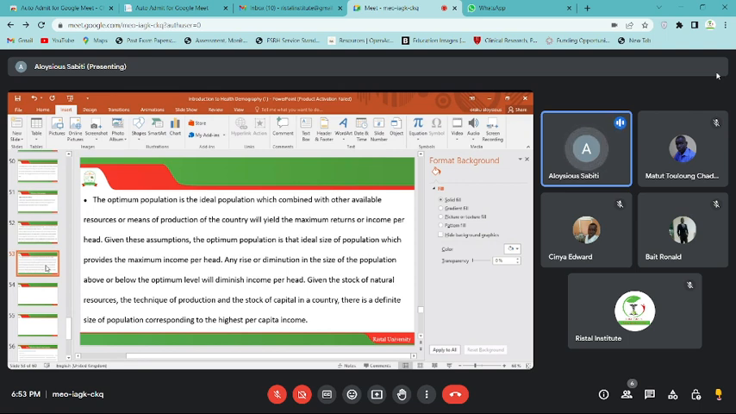Because the diminished population shall not be able to utilize the available resources in that particular country. Given the stock of natural resources, the technique of production, and the stock of capital in a country, there is a definite size of a population corresponding to the highest per capita income. Just to bring us to book and to give us a realistic perspective of the optimum population theory, if you